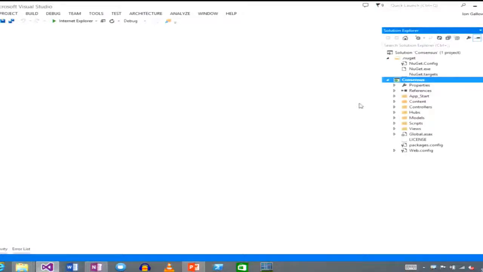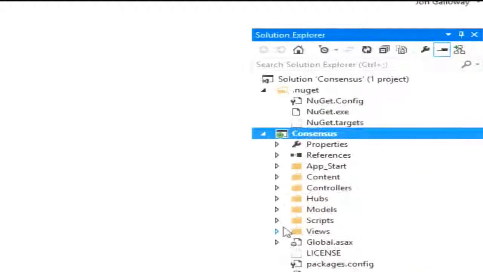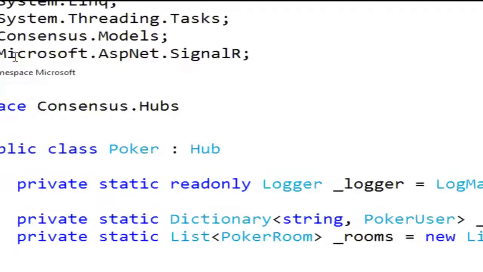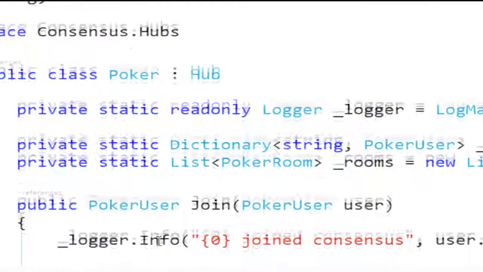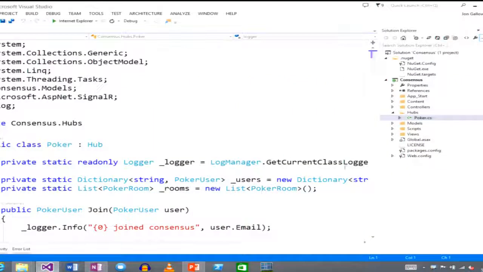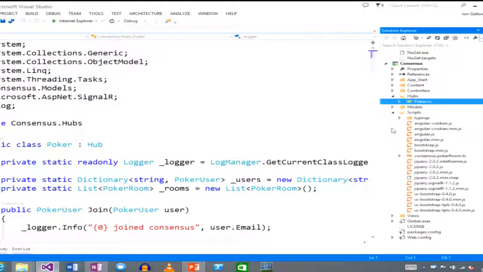So here he built out a, there's hubs. So this is a planning poker thing. This is kind of common for people doing agile planning, and it's a way of kind of bidding on things that you want. So here there's a hub, and then for the actual script, this is using Angular and